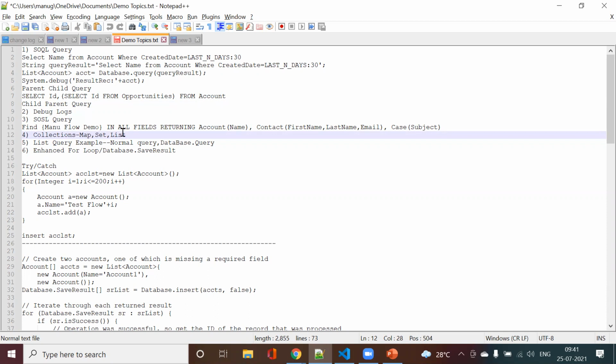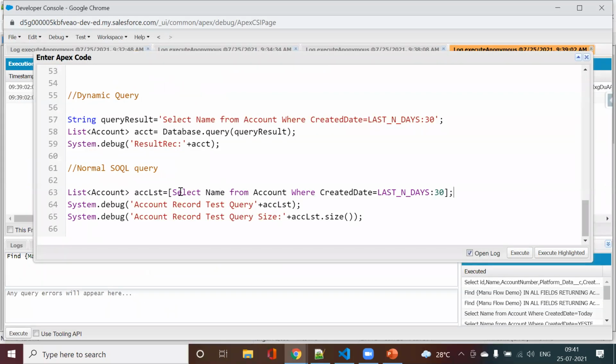For that, Salesforce provides three things in collections. Just like in a normal language, you have your list, your sets, and your maps. What is the difference between these three? First, your list. List is your ordered collection. The records I queried from accounts were ordered records. I had 30 account records, and they came in one particular order. One advantage of a list is that it has ordered records, but one disadvantage is that it can have duplicate records also.